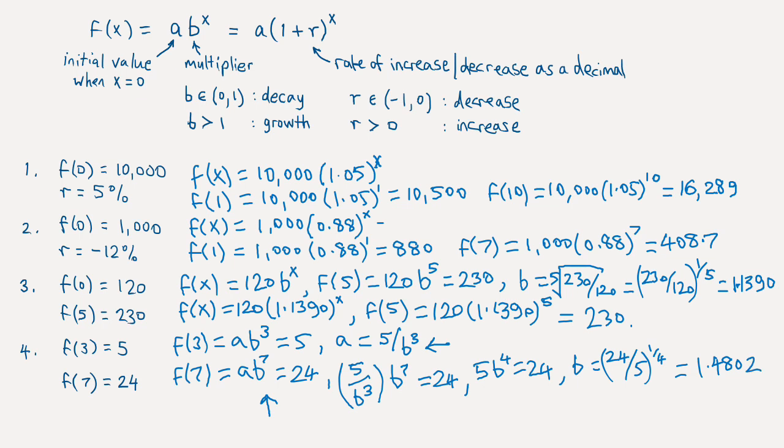Okay, we're not quite done yet. Let's just get rid of that so I can use that bit of space. We need to figure out what a is. We figured out what b is, but we don't know what a is yet. So let's go back to this equation here, because there's an equation for a right there. So a is going to be 5 divided by 1.4802 to the power 3, and using a calculator we can figure that out as